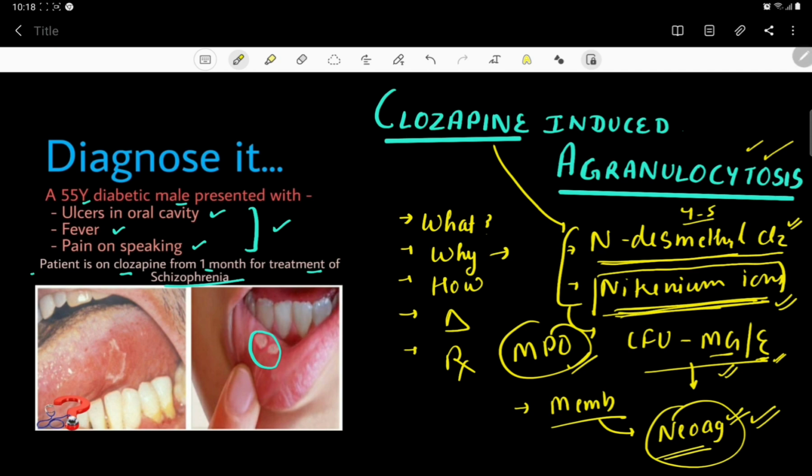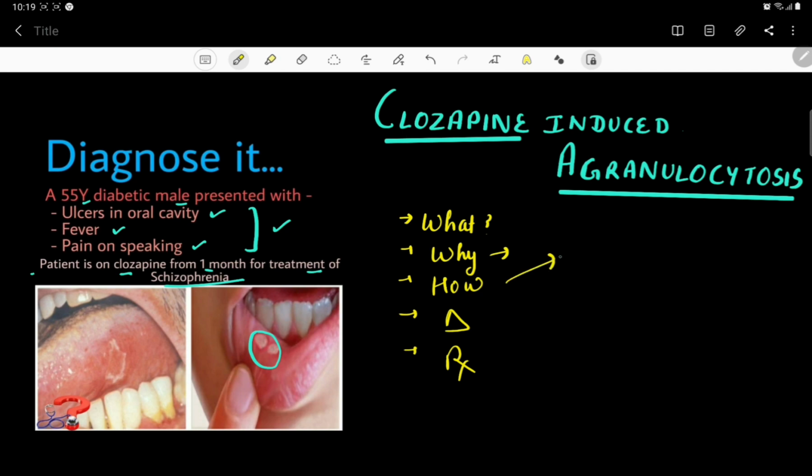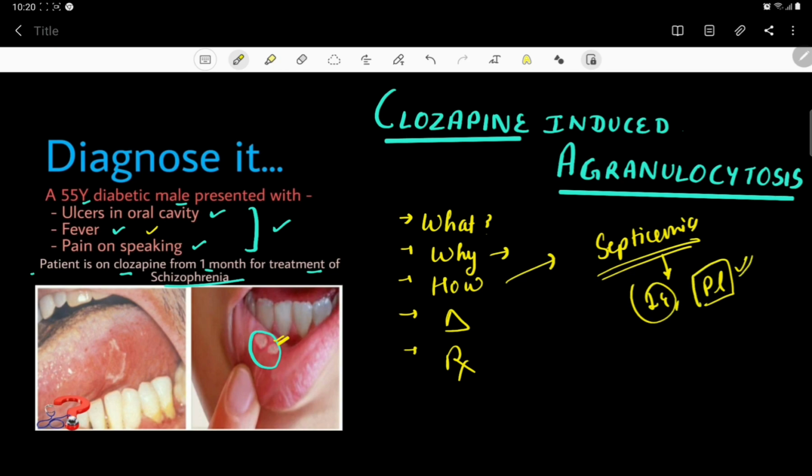Now let's come to the presentation part, like what are the symptoms by which the patient would be presenting to us. Usually, most of the time, the patient presents with some kind of infection, because due to agranulocytosis and decrease in neutrophil count, the patient is more prone to infections. The most common presentations are oral ulcers, fever, and sometimes sore throat. In later stages, the patient can also present with septicemia. And when septicemia develops, as I have already told you, the erythroid and platelet lineages are also decreased. But sometimes the patient can be asymptomatic also.